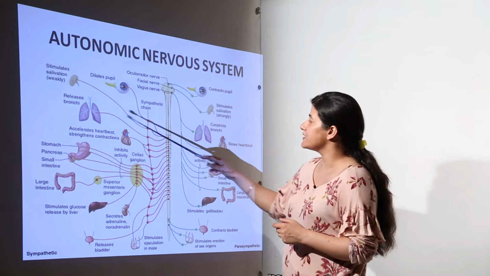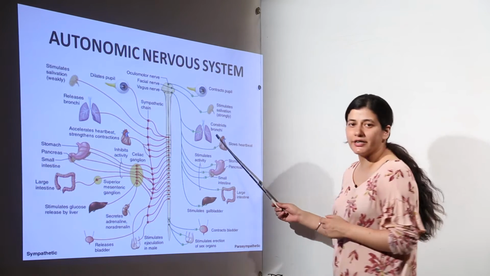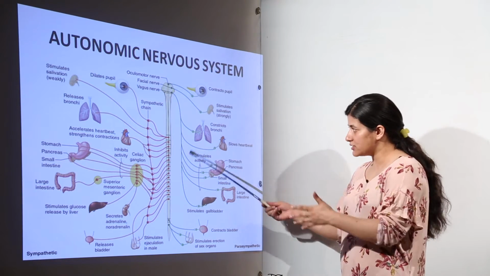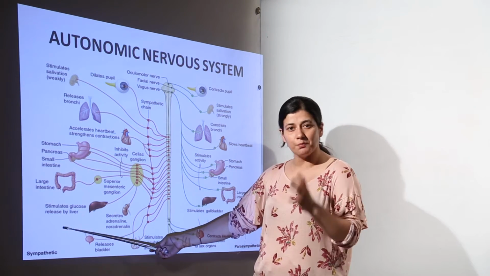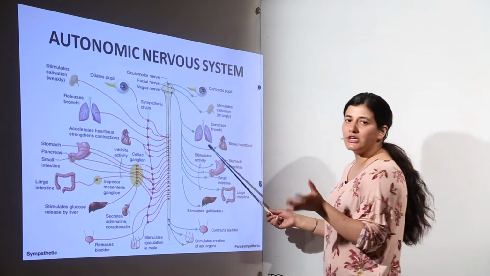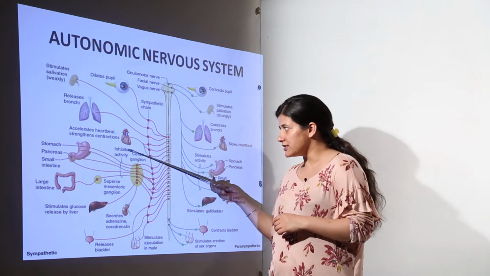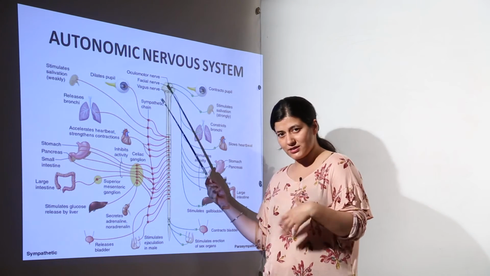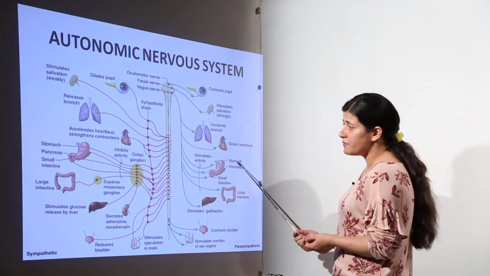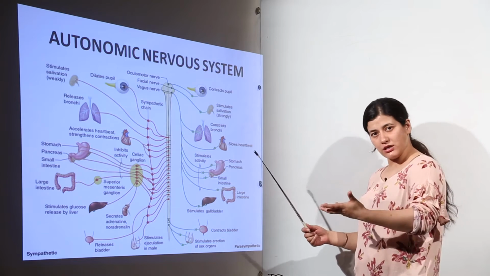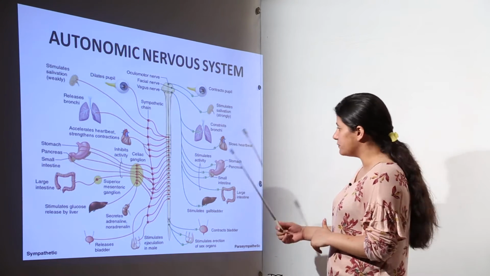See, first thing is that the bronchi would be released by the sympathetic nervous system. It would constrict the bronchi. Please remember it. These things you have to remember. That part is representing the sympathetic nervous system. This would lead to constriction of bronchi. Heartbeat would be accelerated, strengthens the contraction. Supposedly the heartbeat is increasing, that would be brought about by sympathetic nervous stimulation. But if the heartbeat is getting slower, or if it has increased, it comes back to its original condition as well. That would be taken care of by the parasympathetic nervous system.